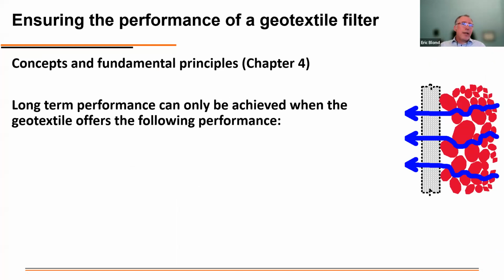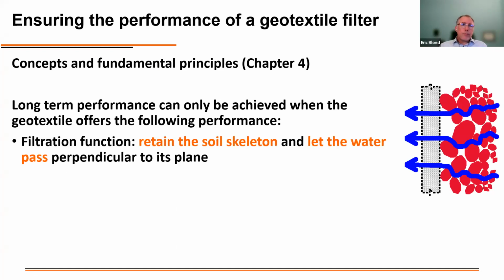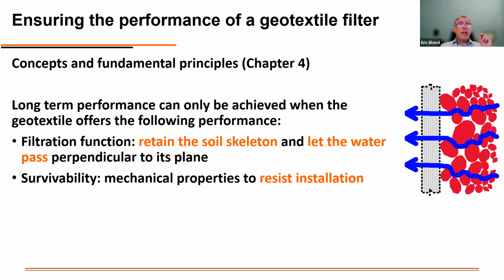So we explain in this document what are the concepts and fundamental principles, and that, as I said before, the long-term performance will be achieved when the geotextile offers the following performance, which are to retain the soil skeleton while letting the water pass perpendicular to its plane, and